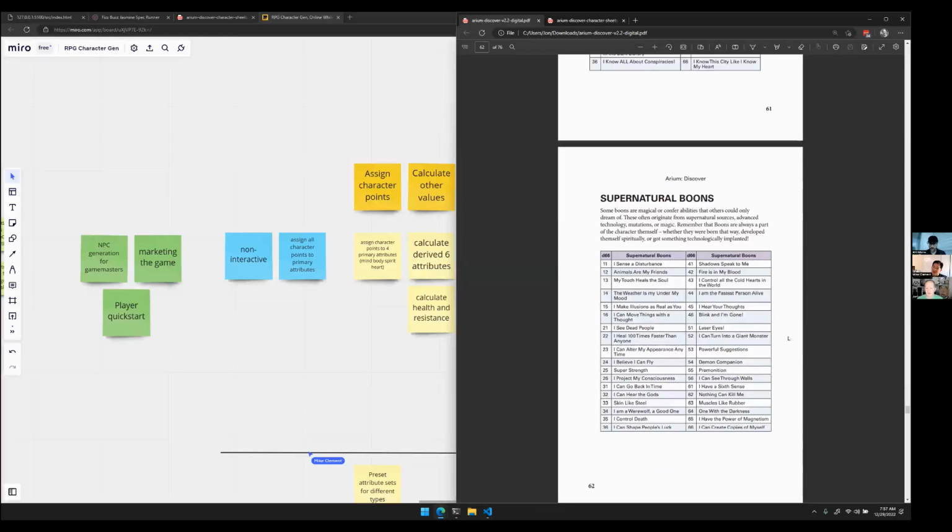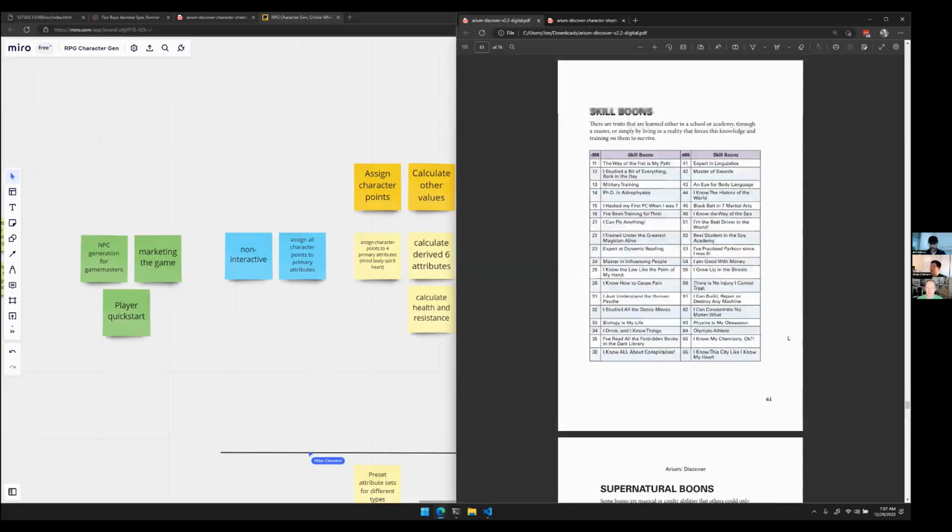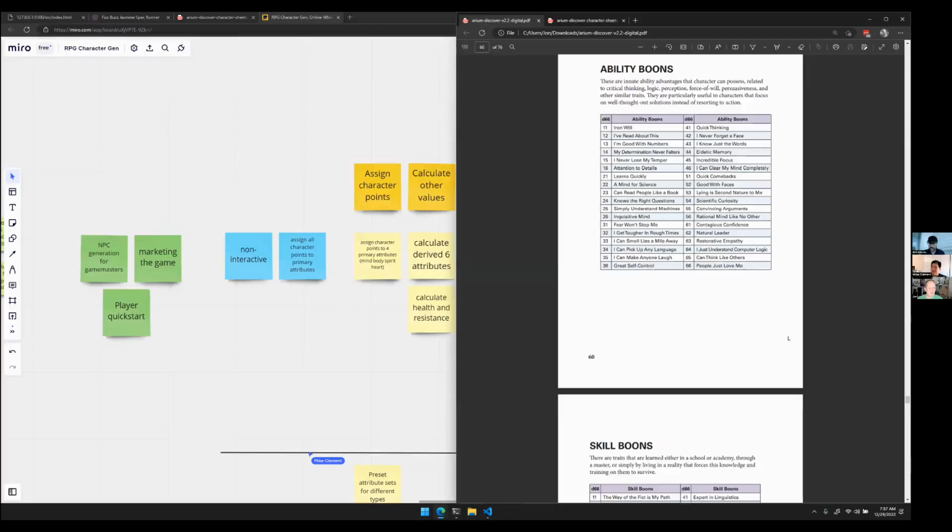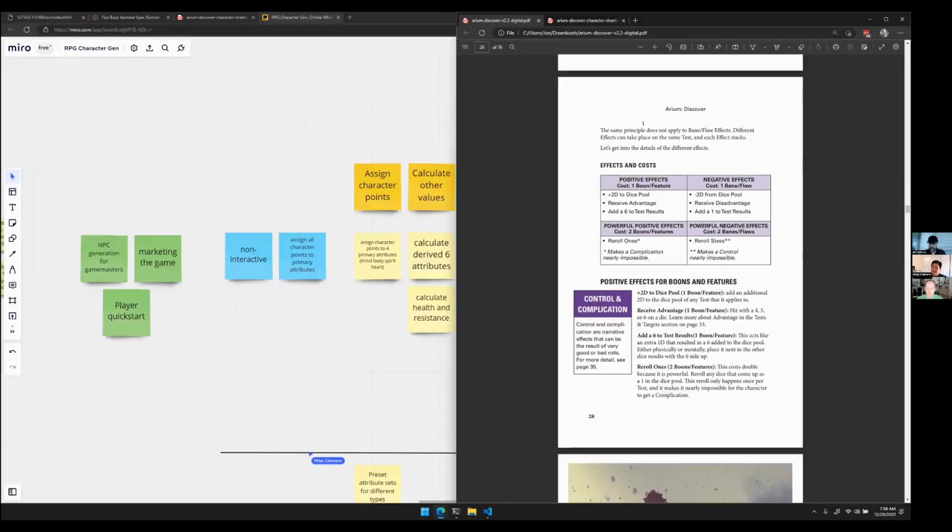So a boon and a bane, and then an effect for the boon and an effect for the bane is the first thing we'll be doing. Positive effects can let you roll more dice or receive an advantage or switch some of your dice rolls to sixes. We're not going to worry about powerful positive effects and powerful negative effects for right now. We're just going to worry about the basic ones. The negative ones are similar to the positive, except you get to roll fewer dice, or you have a disadvantage, or